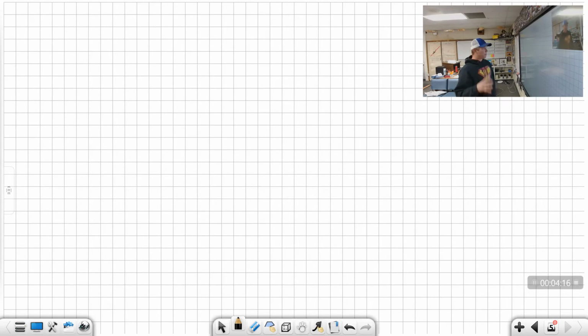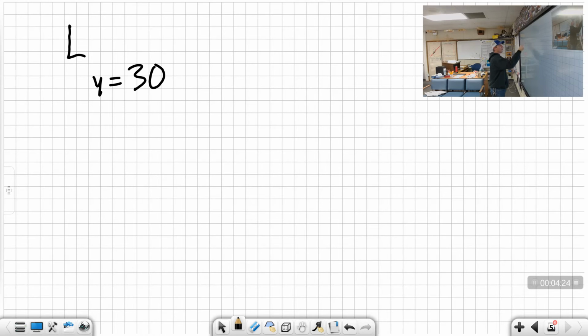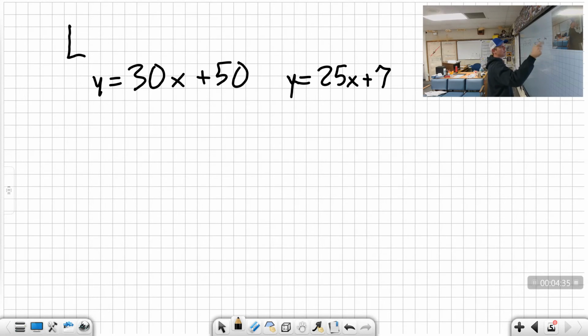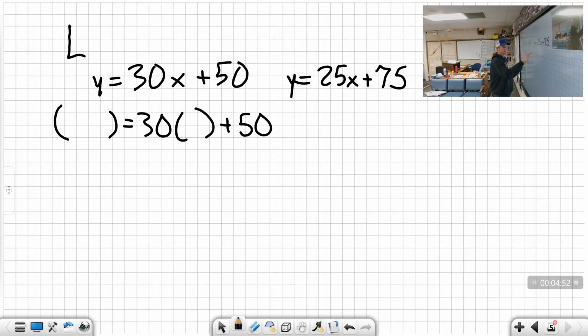Now, the last step is, how do we use the two rules? Well, we have LaTanya's rule, which is y equals 30x plus 50. And we have George's rule, y equals 25x plus 75. Now, in chapter 4, when we were solving equations, we would check our solution, and we're going to do the exact same thing here. We're going to say, well, y equals 30 times x plus 50. Now, you just wrote down a coordinate,